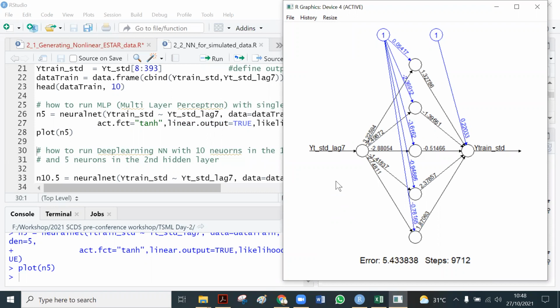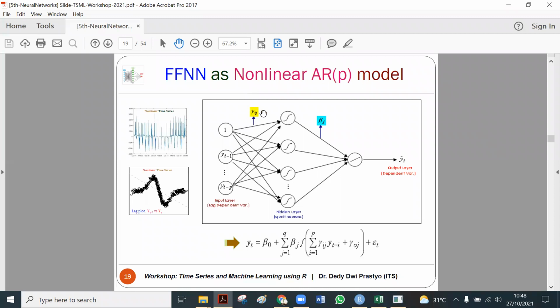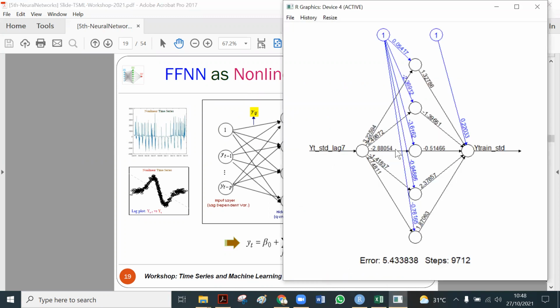This is the estimated weight. If we have the model like this, there are the coefficient parameters, and there is another one for the intercept. Now we estimate those values.